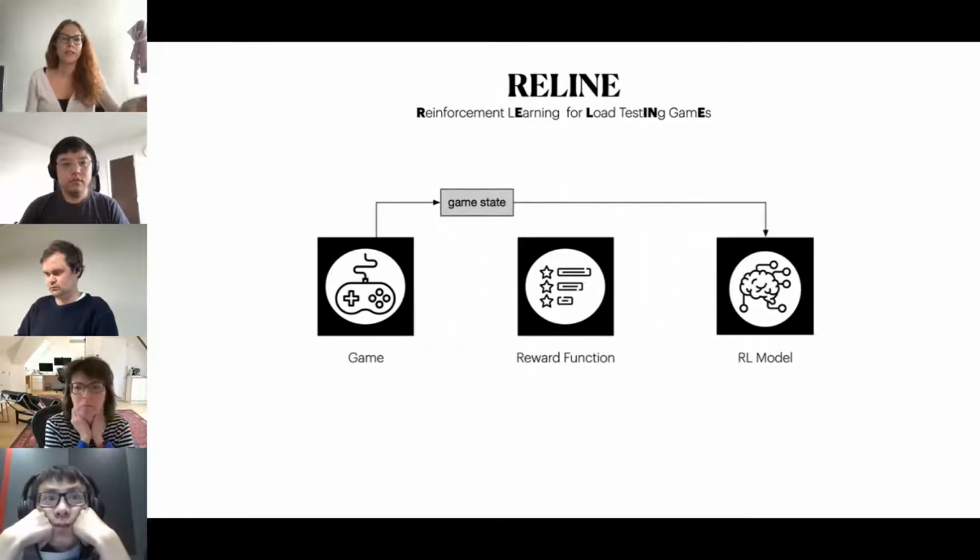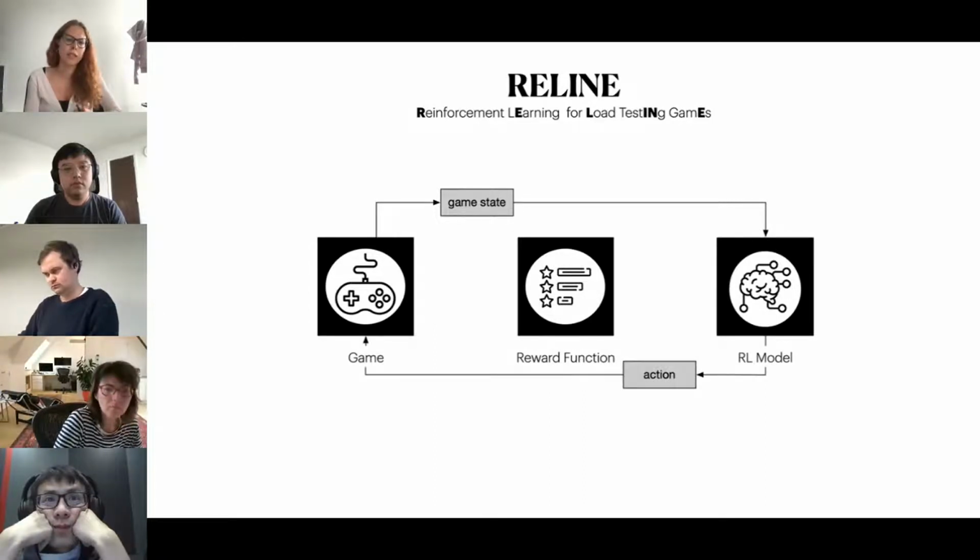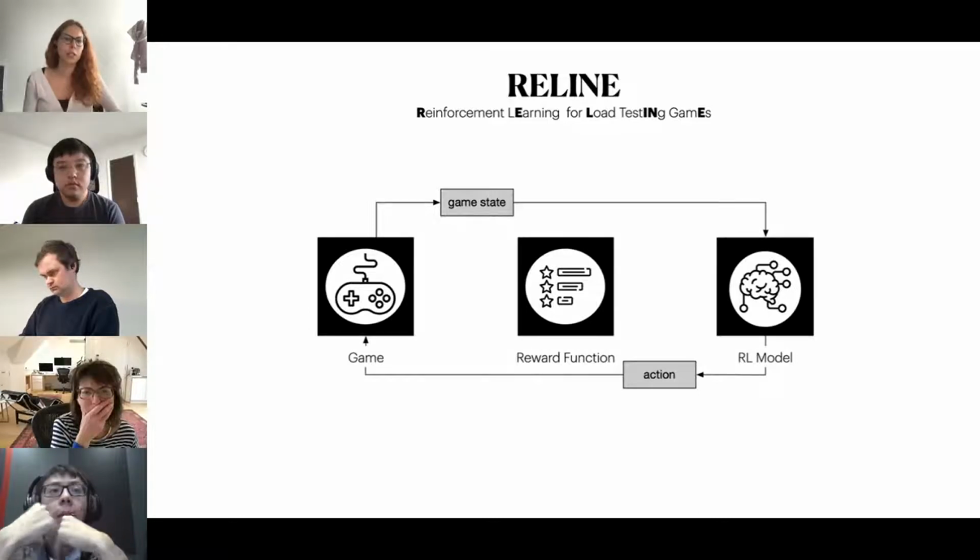So the game provides the reinforcement learning model with a representation of the game state in the current moment. It can be, for example, the screenshot of the monitor. Then the reinforcement learning model, based on the game state, decides which action to perform and sends this information to the game. The game executes the action,